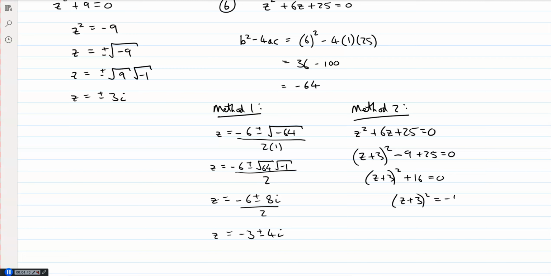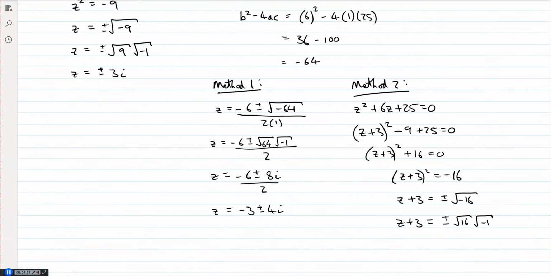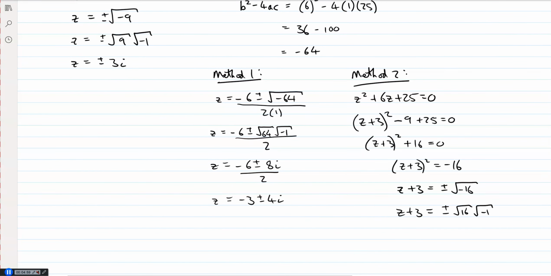Normally, this would be ugly and we wouldn't like it and it wouldn't work, but we can now square root this. Still get plus or minus, but we get root minus 16. And this is root 16, root minus 1. So notice how there's always that kind of pattern of getting that root minus 1, whether it be here